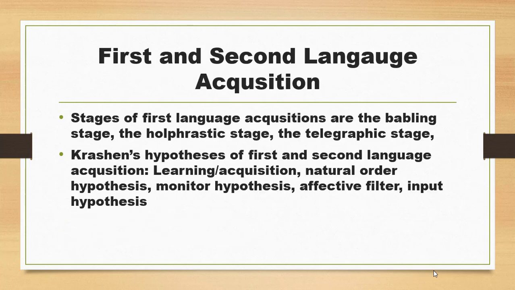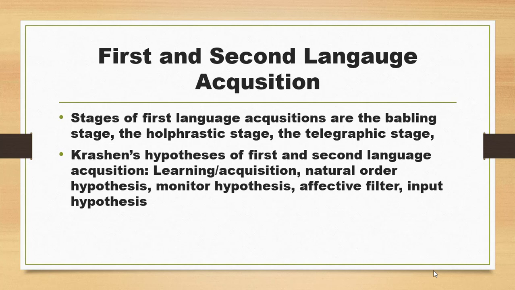We have again first and second language acquisition. For first language acquisition, it concerns mainly children, and we have different stages of first language acquisition, like the babbling stage, the holophrastic stage, the telegraphic stage, etc. Following the phases, a baby acquires the language that is the mother tongue. And for second language acquisition, Krashen's